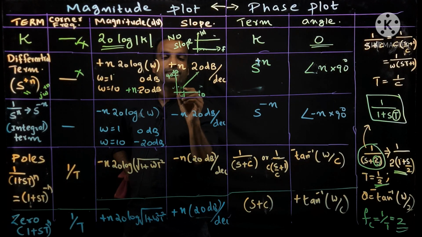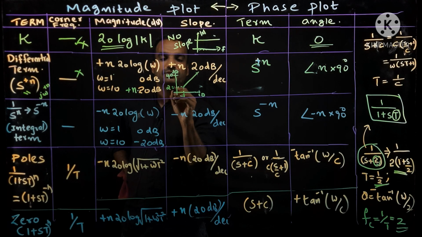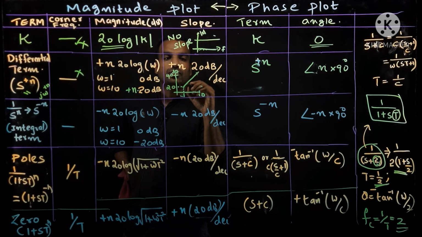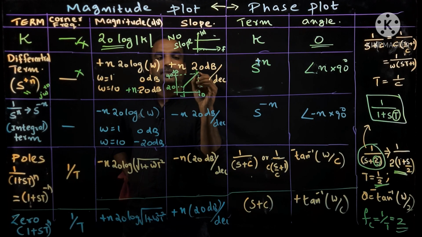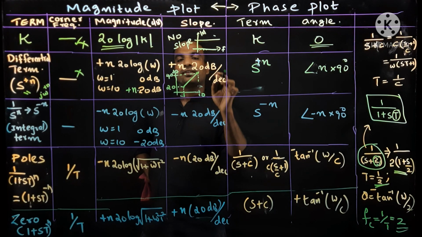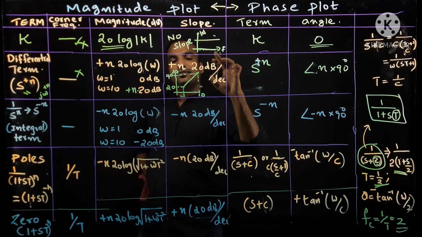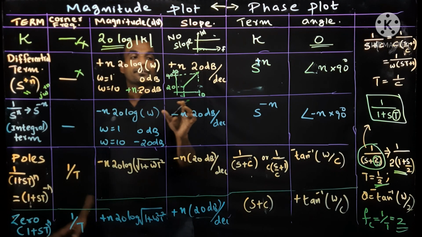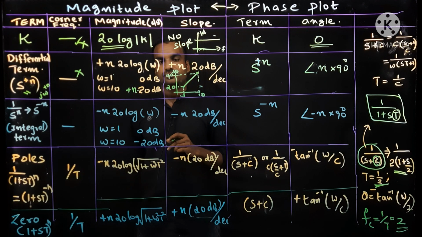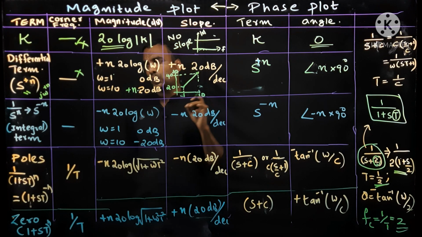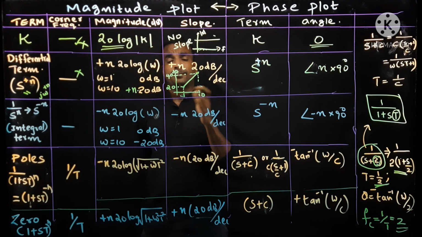Now it is okay. Suppose this point is 20, then 1 to 10 is 1 decade, and this slope is again 20 dB per decade. Now it will be 20 plus 20, 40. If I am taking 100 here, with again the same slope, at 100 it will be 40 plus 20, 60. This is the meaning of slope. This will be more clear while you are doing our problems.